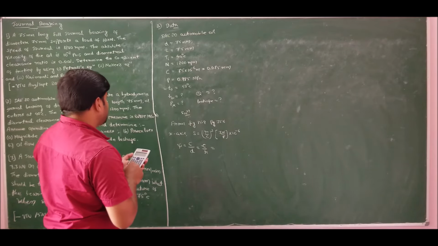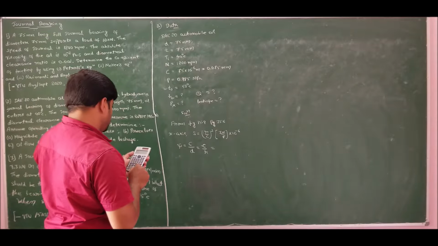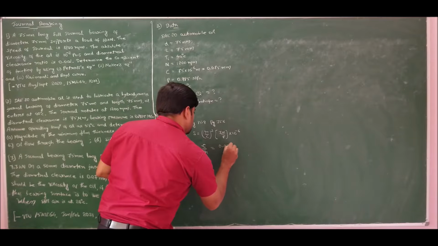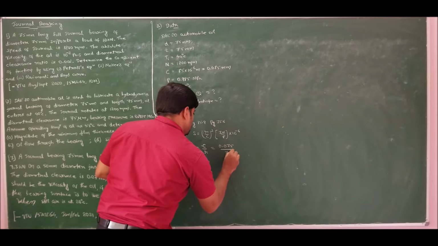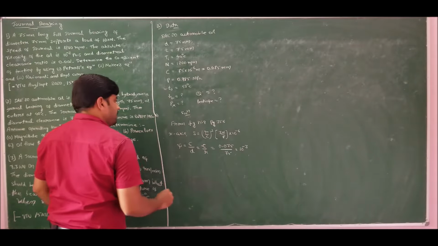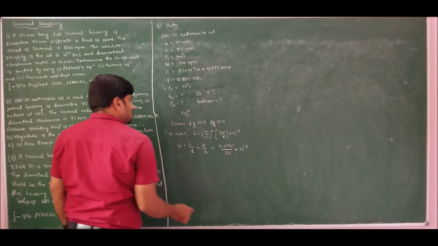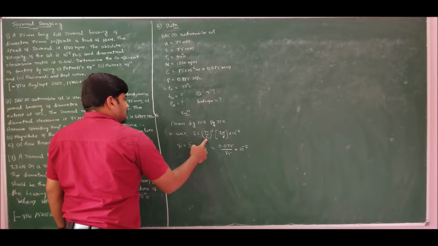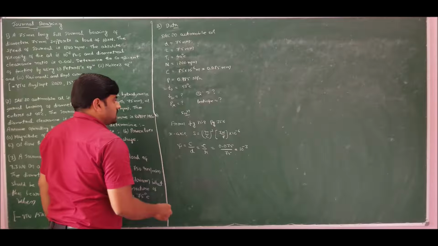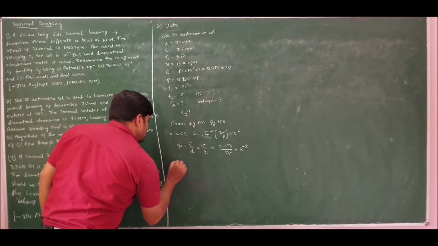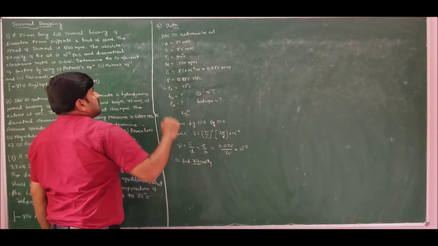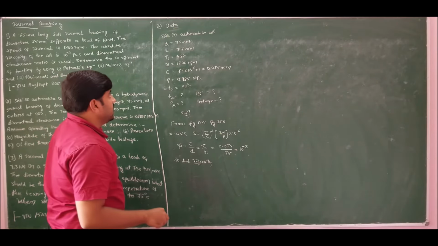It will turn out to be 0.075 divided by the diameter, which is 75, that is 0.075 by 75, which is 10 to the power of minus 3, dimensionless. So we got xi, we know N, we know P, but we don't know Z, that is viscosity. So to find viscosity, he has given the grade of the oil, so find the grade.